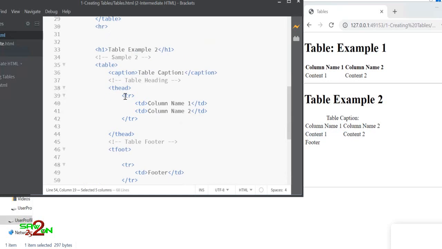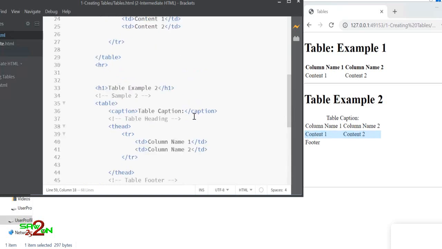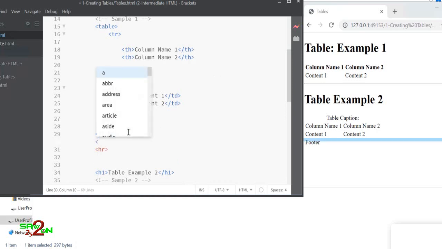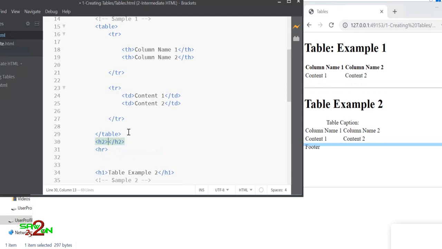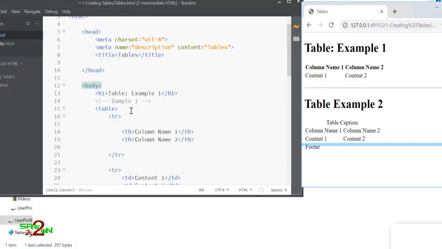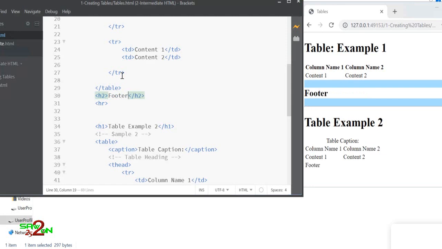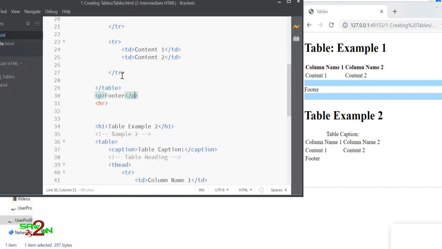It's up to you which one you want to use. You want to have a caption, head, footer, and basically the body. But typically from my side, I will typically use this because it looks simple and easier. I don't have much of the time, I don't have footer, but if I have footer, I will write outside the table, right? It even does the same job. Maybe we can do that. We can not place this in H, but we can remove and put the. It is just the spacing problem, right?